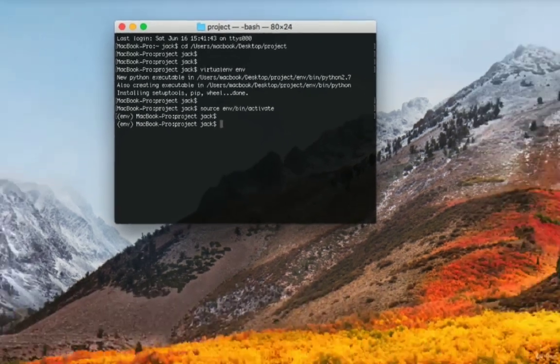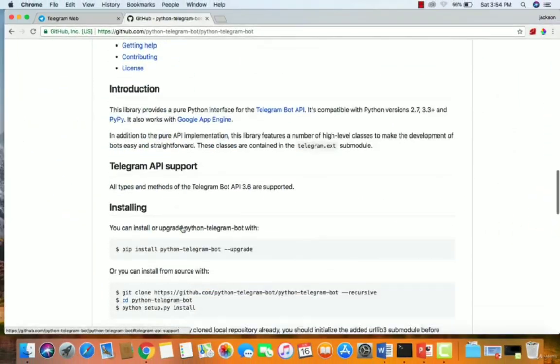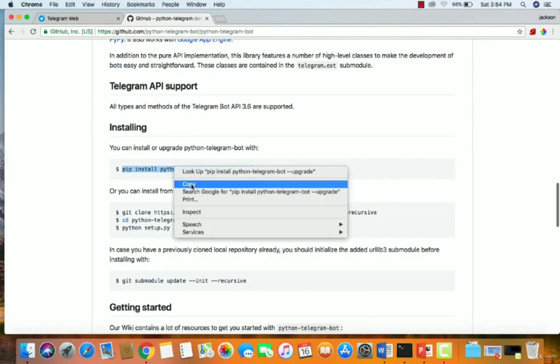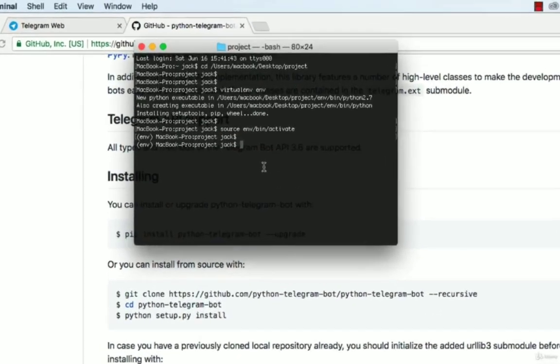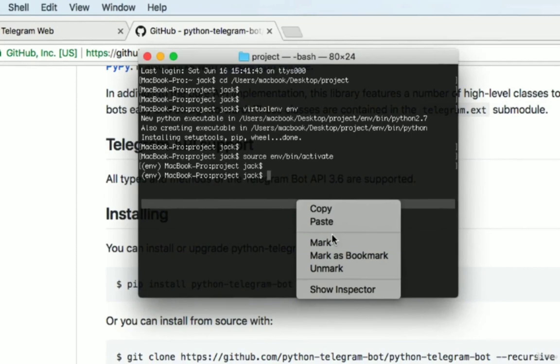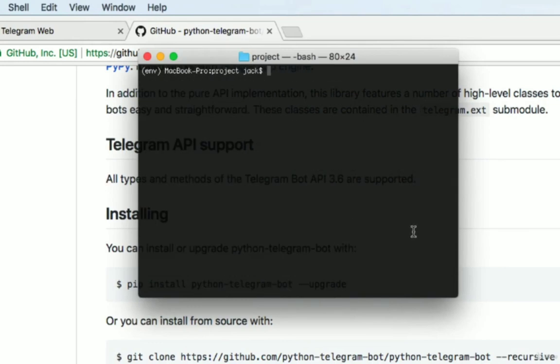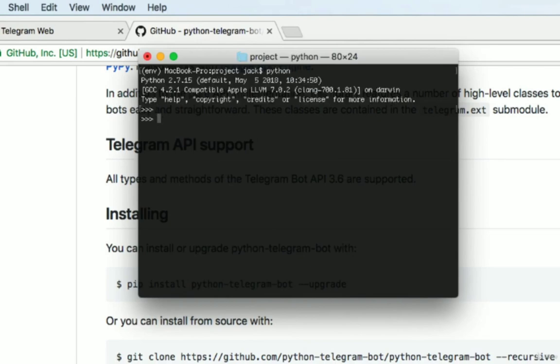The next thing is to install this package. Down here in the installing section, we'll copy this pip install python-telegram-bot, which is going to install this package for us. So I'm going to paste, and it's installed. So let's open the Python shell and import telegram,